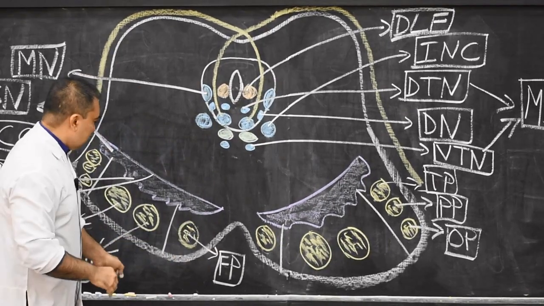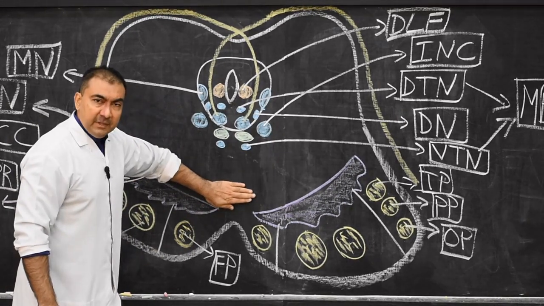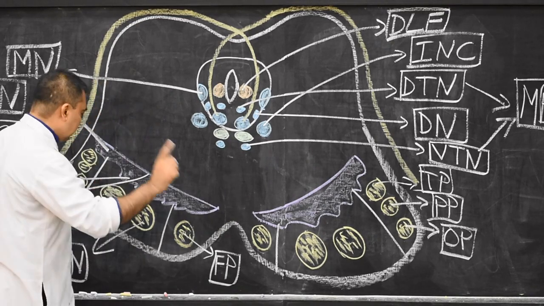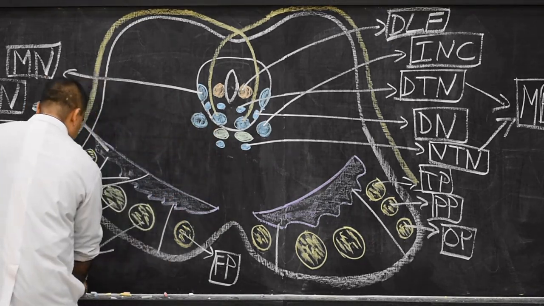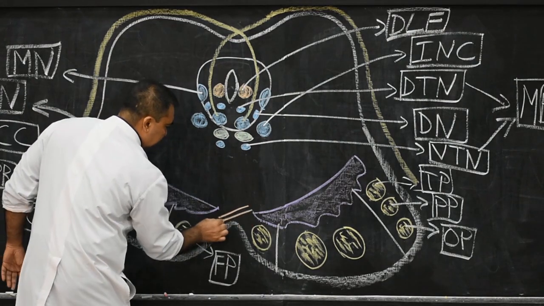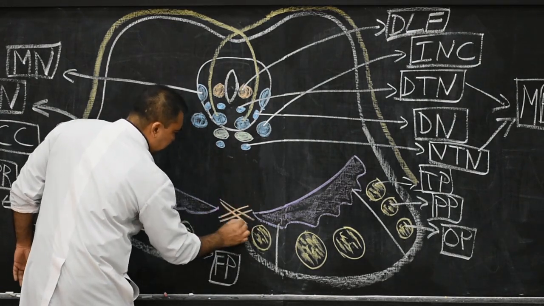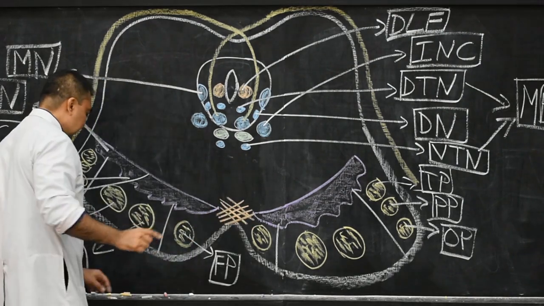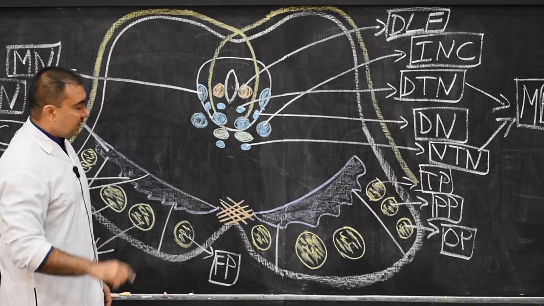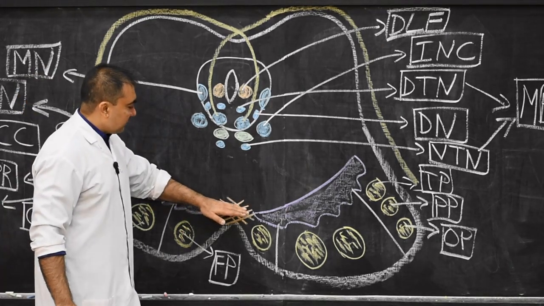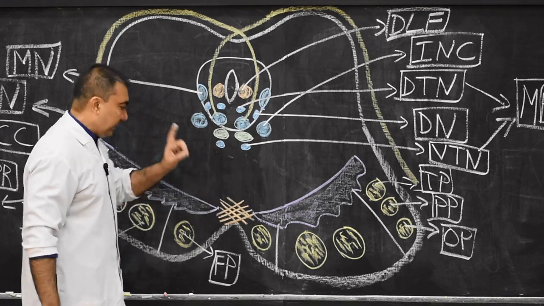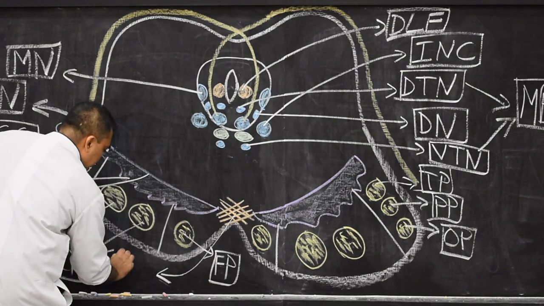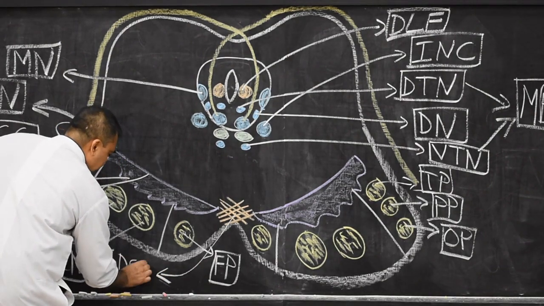Then we come to the tegmentum. In the tegmentum, in the midline, in the anterior portion, we start from anterior to posterior with the first portion. In the first portion we start with this decussation. Please draw this decussation. This decussation is known as the superior cerebellar peduncle decussation. So you have to note it down. In the tegmentum, starting from the ventral to dorsum, in the midline, we will write it here, we will have the decussation of superior cerebellar peduncle.